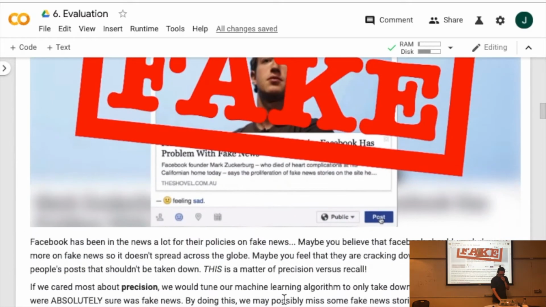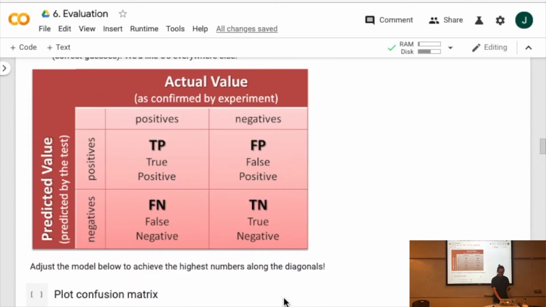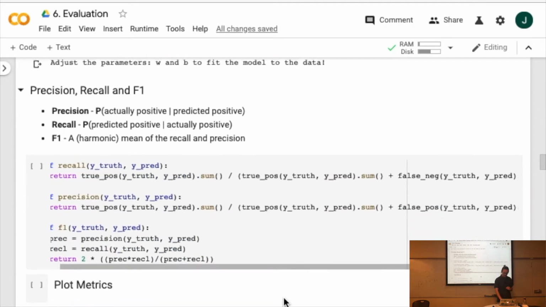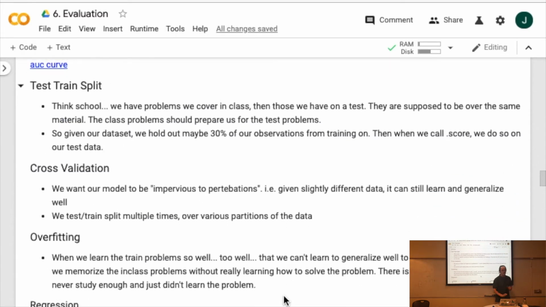We're going to skip some of this. These are different other classification metrics. We're going to skip some of this and go to here. Okay, so I'm going to start by saying a little bit that I've been lying to you just a little